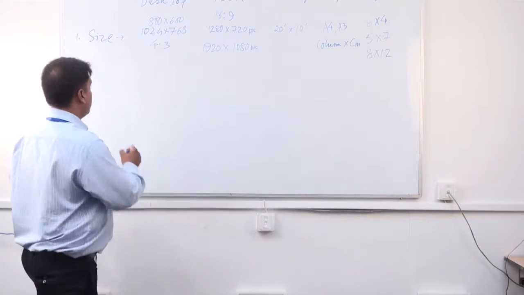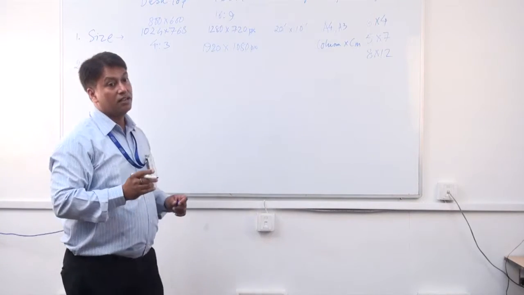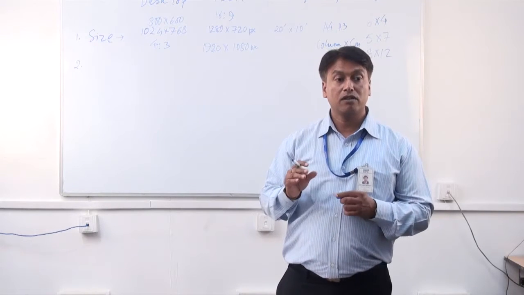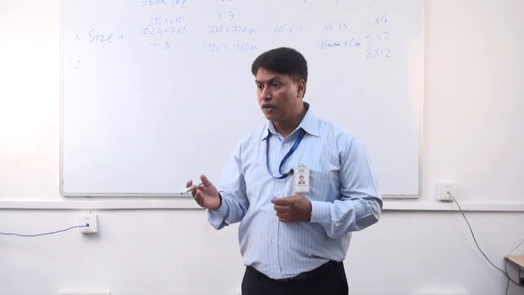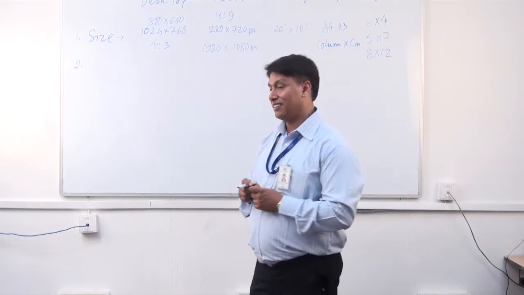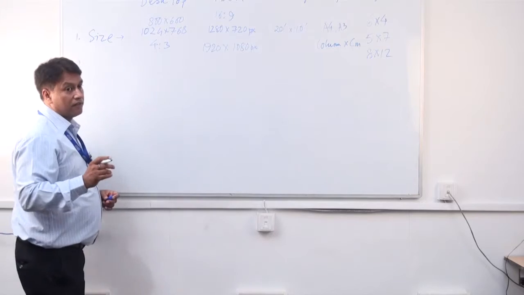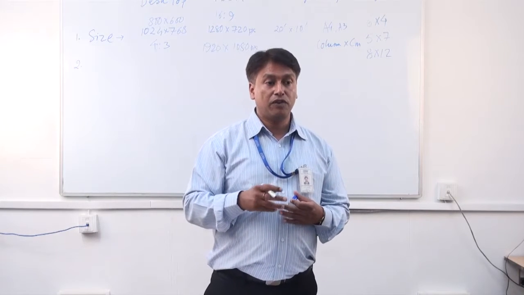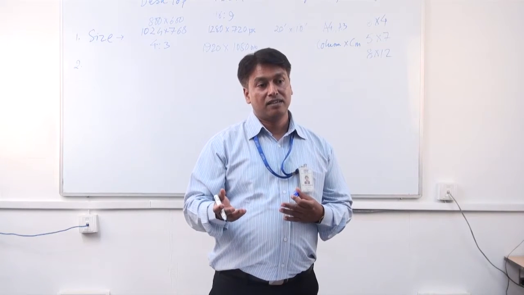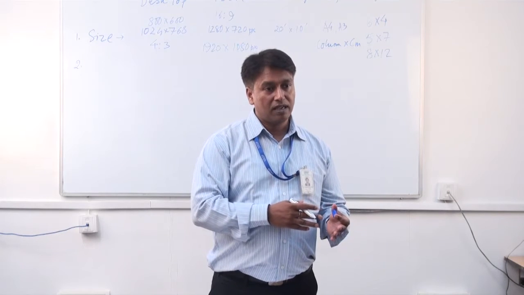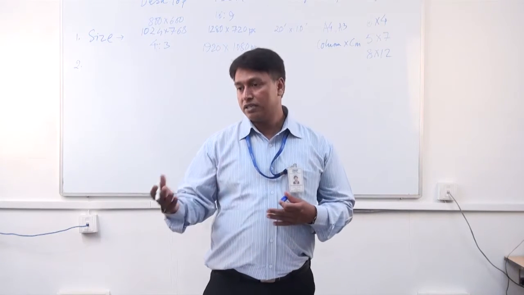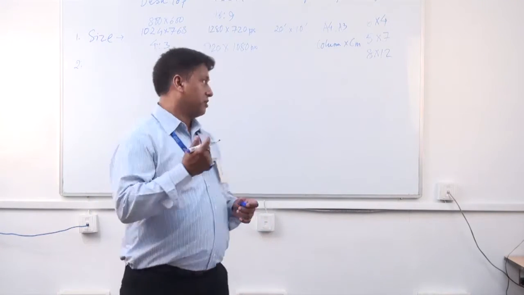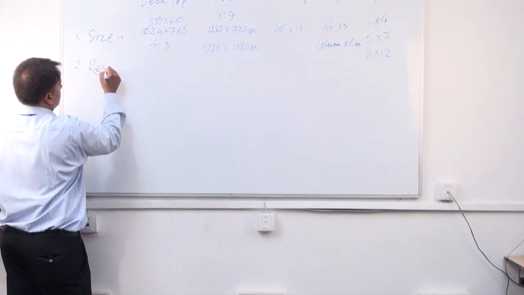Next parameter. What should be the next parameter to decide the file size of your graphics? Because we are talking of file optimization. Yes, exactly, resolution. Because you are talking of file optimization, all raster graphics are optimized for printing or for display. If it is for desktop, it will have a lower resolution. If it is for printing, it will have a higher resolution. Agreed? Okay. So next should be the resolution.